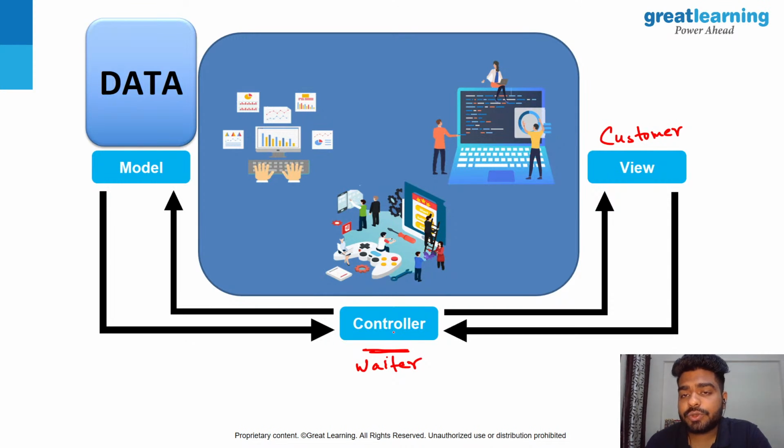He's controlling that you are very comfortable in the restaurant, and he's also seeing whether the chef is preparing the tea or not, right? He's actually controlling everything. When it comes to model, model means the logic. The logic means the actual tea. Who is preparing it? The chef. The chef is preparing that model, the logic, the tea, right? Using what? Using the ingredients, right? And the ingredients are nothing but the data,